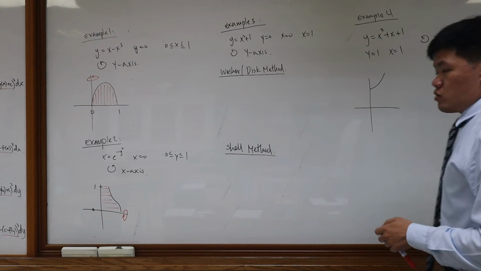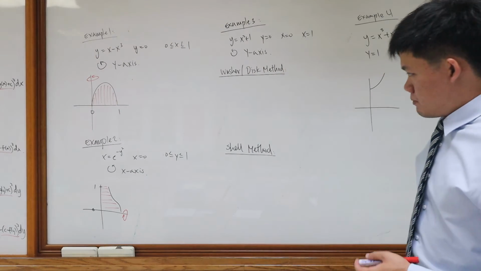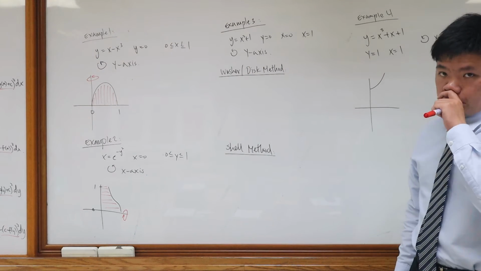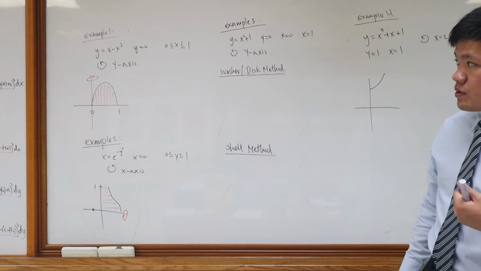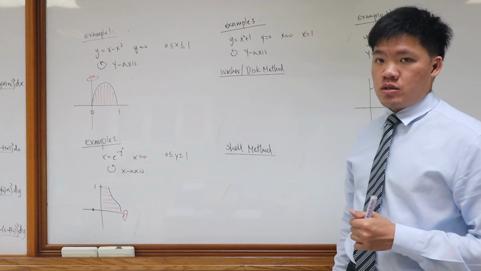In this video, we're going to talk about examples with the shell method. So I'm going to give you 4 examples here, and hopefully that will give you some idea of how you do this. Okay, so in example number 1, we're given that y is equal to x minus x cubed,